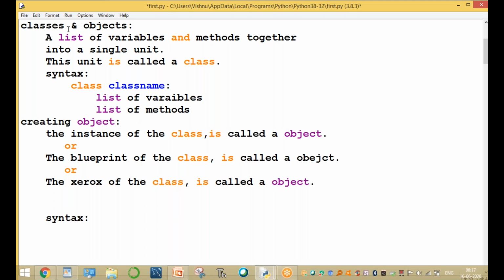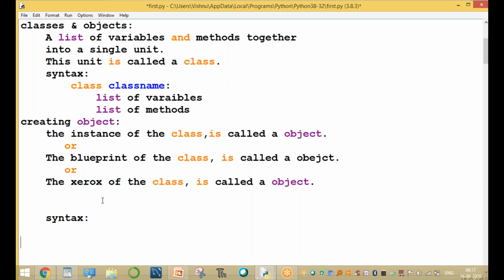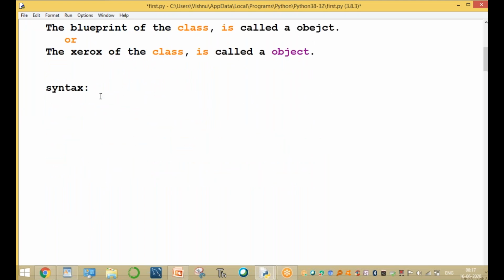Clear guys? Now the declaration syntax of the object is: object name equal to class name followed by parentheses. It is called declaring an object.